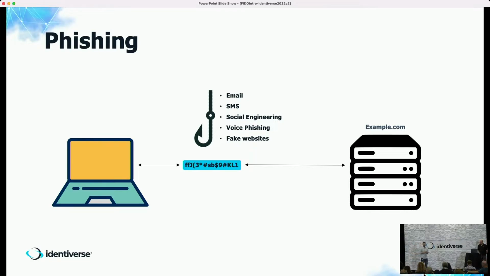There's a lot of ways that phishing takes place. One is by email. I'm sure people in this room have received an email from a foreign dignitary asking for your bank account information to free their impoverished country. We have SMS phishing, or smishing, which is really fun to say. Someone pretending to be from your utility company, for example, saying, we'll turn off your power if you don't give us your login information. Social engineering, voice phishing, fake websites where you have a tiny error in the domain name and you come up with the screen that looks exactly like the known website it's supposed to be, and it's really just collecting usernames and passwords. So no matter what your password is, if it's phished, you're out of luck.